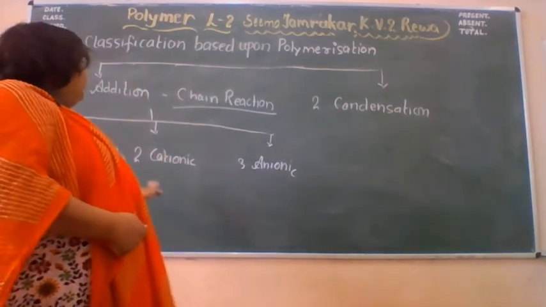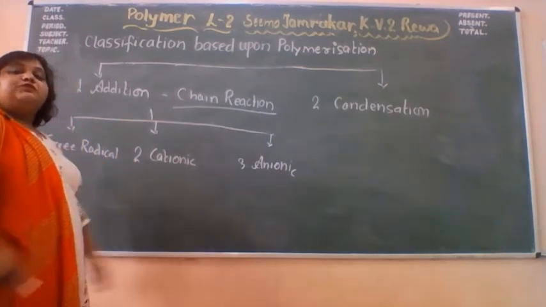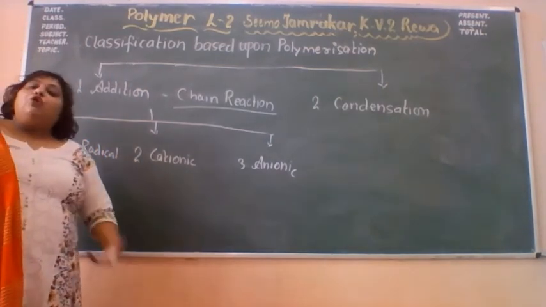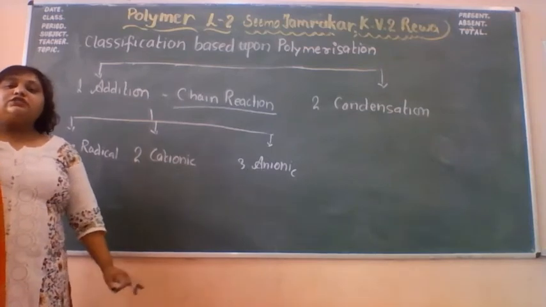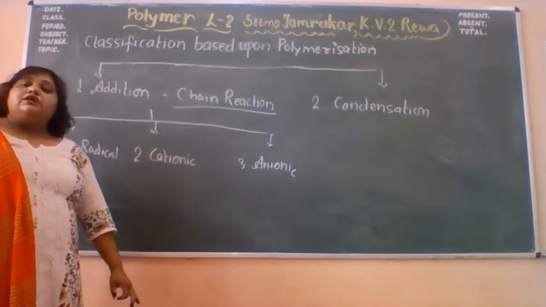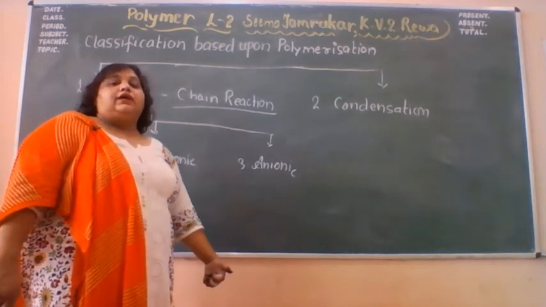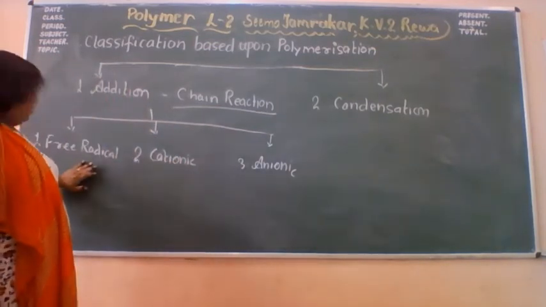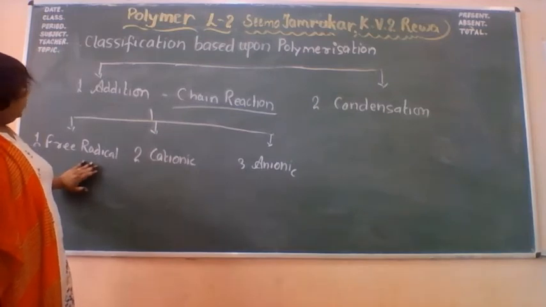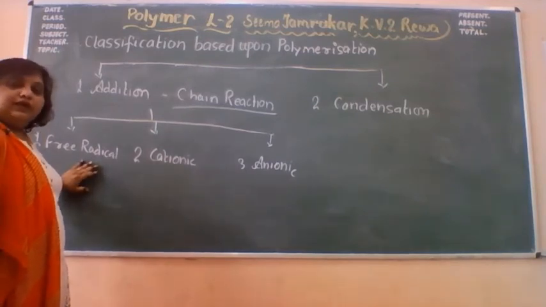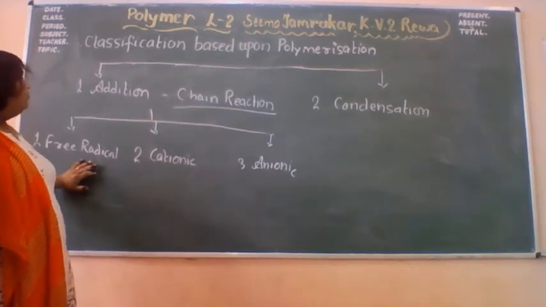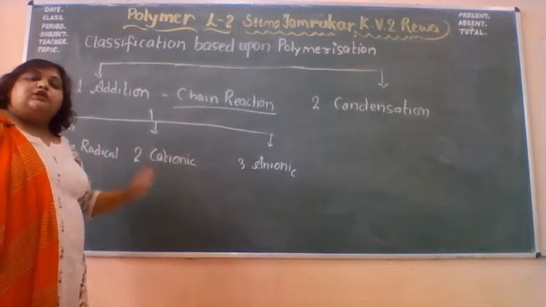This kind of species produced by the homolysis process, that does not bear any charge but is highly reactive, is called the free radical. Whenever the chain reaction is initiated by the free radical, this is called the free radical addition type